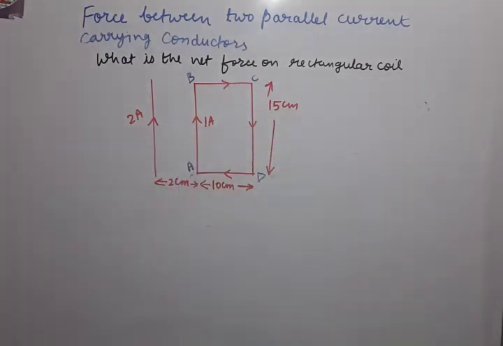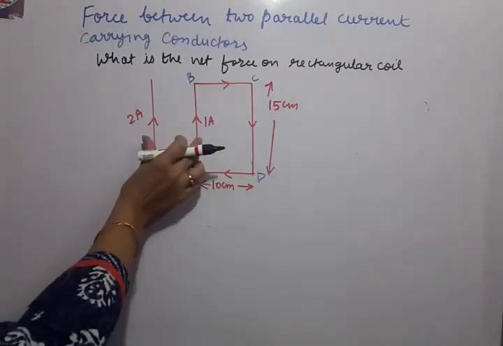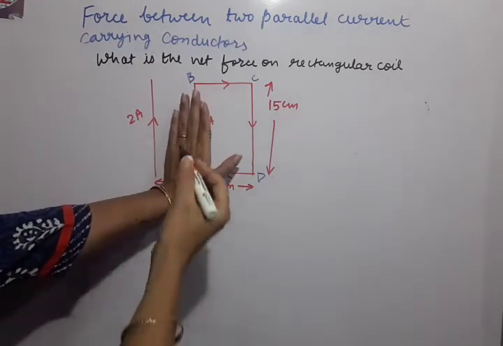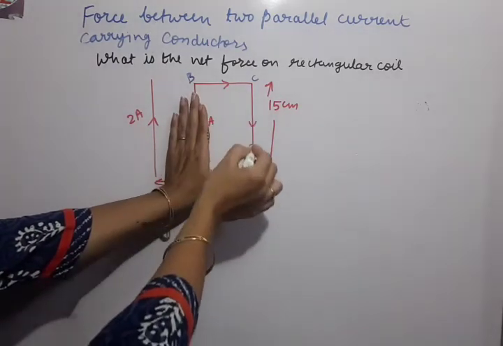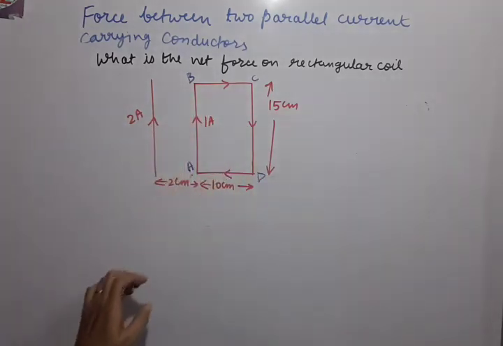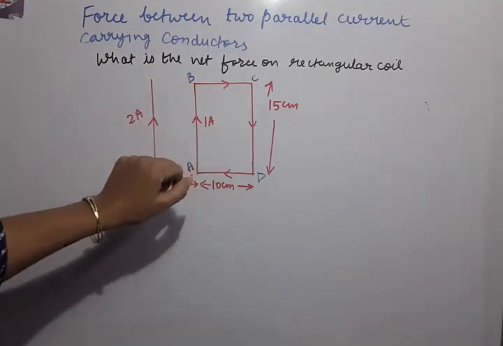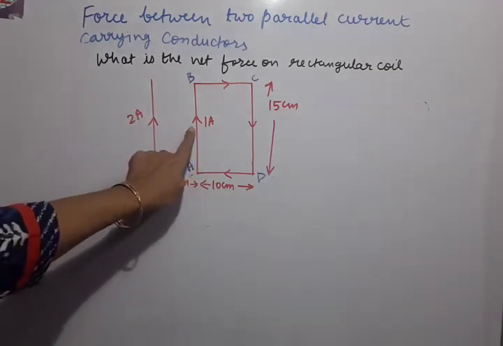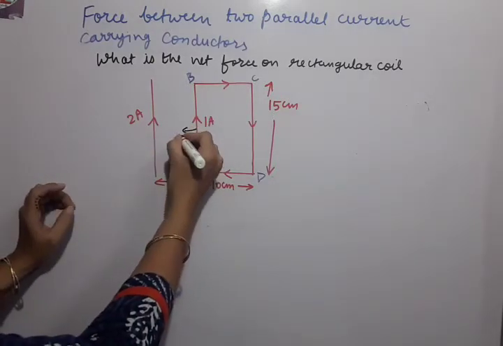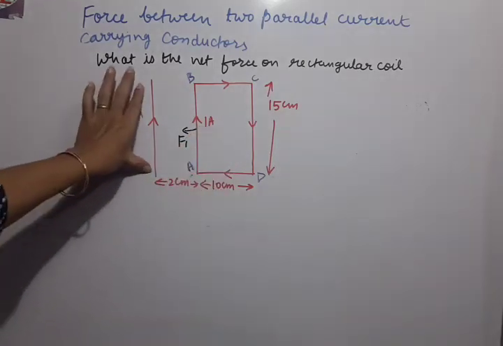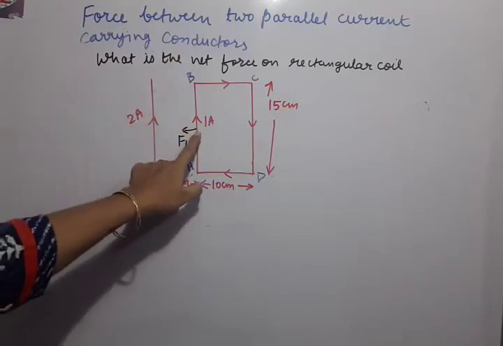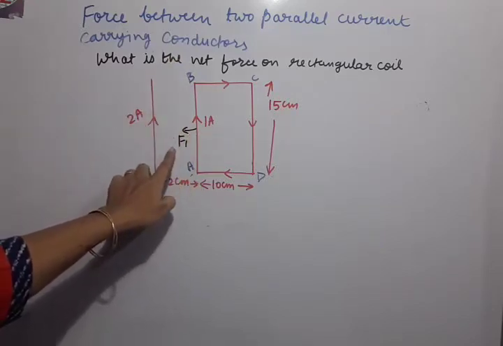Net force. Okay. Now you see, if we see these two parts, they are parallel currents. Then this side of the rectangular coil and this wire, they are unlike currents. So the forces can be shown separately on all the sides. This side is going to experience an attractive force because these are like currents. If I call this force F1, that means due to this wire, the force experienced by the AB side will be attractive. So F1 direction will be here.